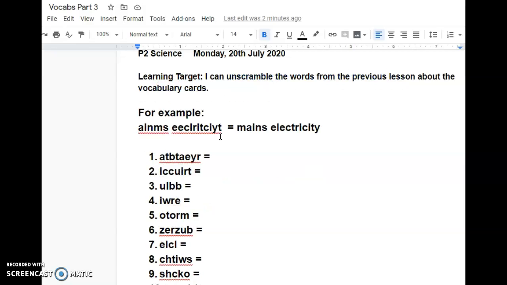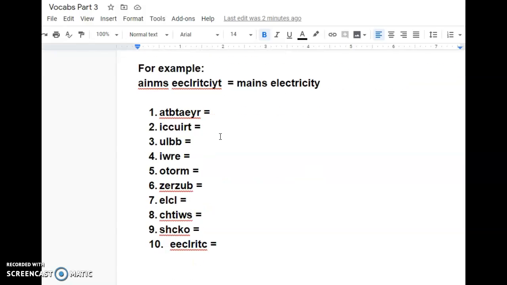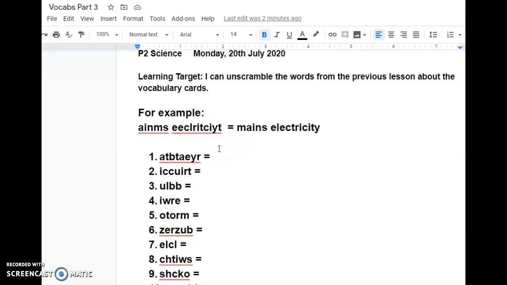So for today's assignment, you are going to unscramble the words. These words are scrambled. It means if you arrange them accordingly, it will give you the right word, right? For example, this one,